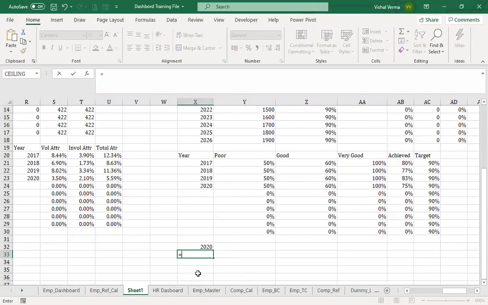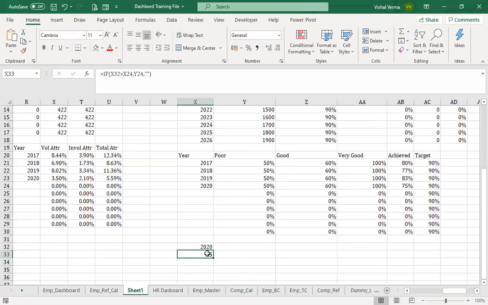So if this is equal to this, then we can have this data, or else we'll have a blank space.